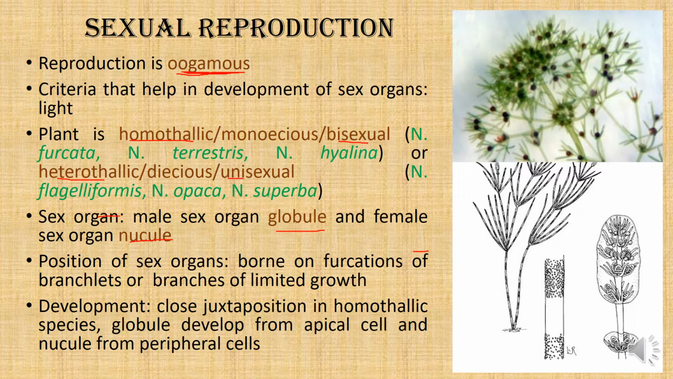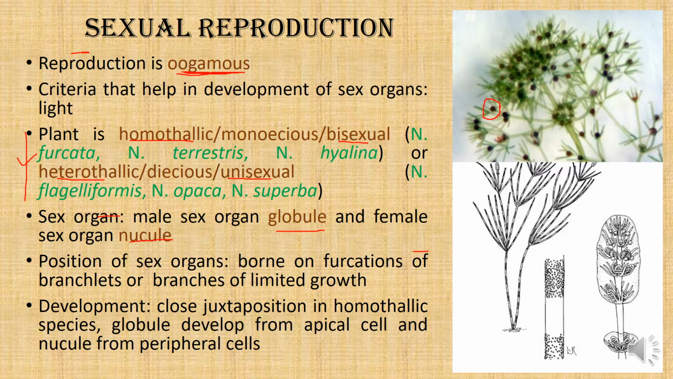So that is, they are unisexual. Both homothallic as well as heterothallic forms of Nitella are found, and these are examples of the homothallic and heterothallic species in Nitella. We see that the sex organs are borne on the furcation of the leaflets or branchlets, we can say on the leaf or